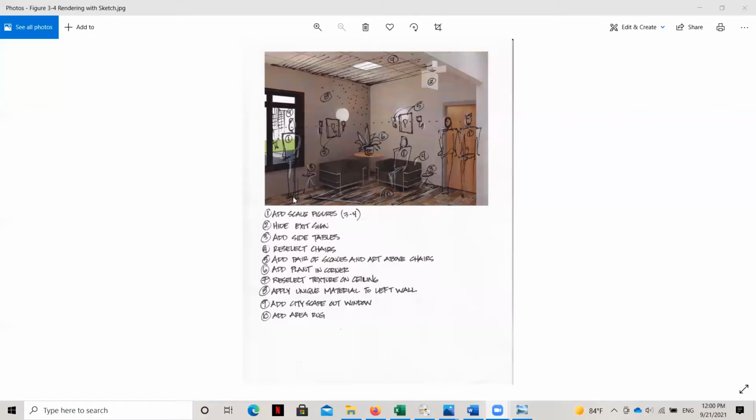So what I've done first is connect imaginary lines here for the walls and ceiling, or floor and ceiling line of both of these walls, to try to figure out where the vanishing points on the left and right side of this rendering are. And then you can see I've drawn, it's not super straight because it's just a sketch, this horizon line across here and this dashed line here.